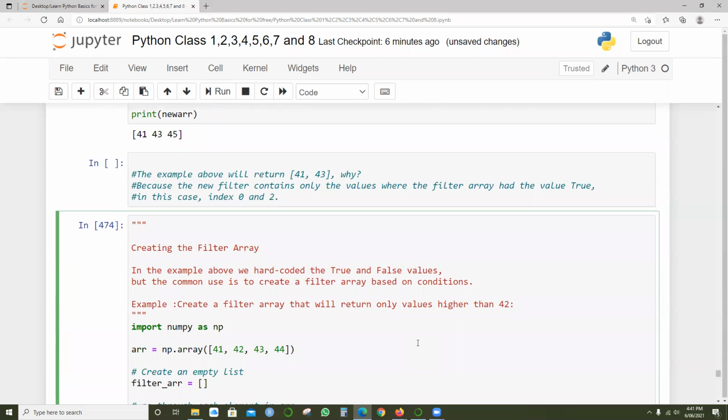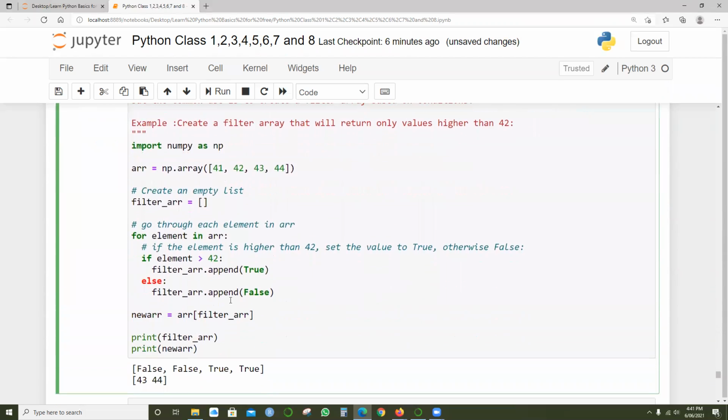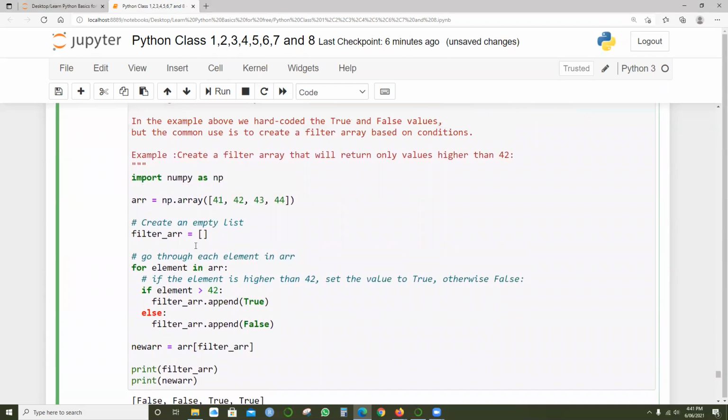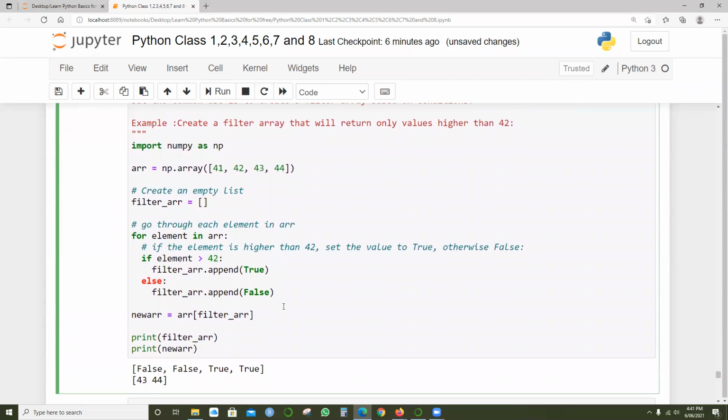So what we are trying to do here, we can still look at this one next week also, but we are creating an empty list over here. The filter array will go through each and every element in the array, 41, 42, 43, 44. If the element is higher than 42, then set the value as true, and otherwise set the value as false.